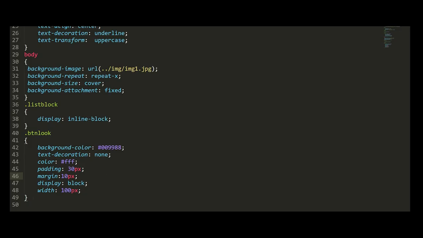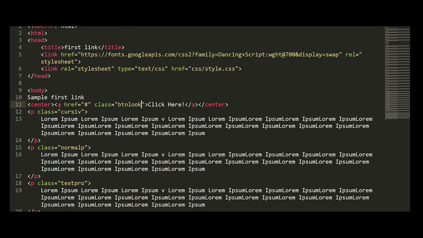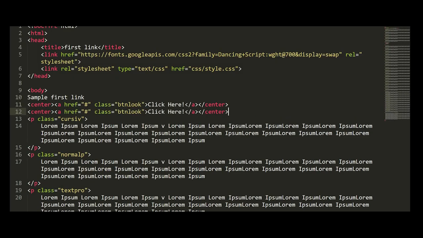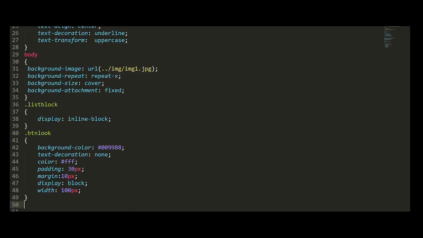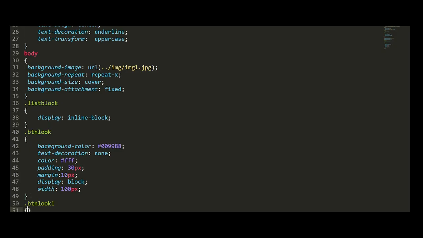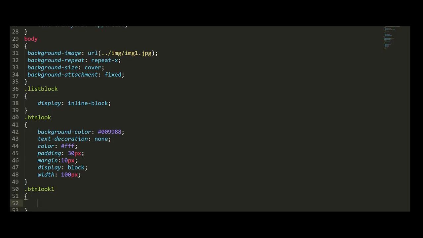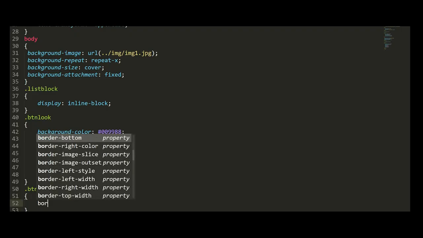So let me go for border. For border properties, let me create another button. Similar to this, just copy and paste it here, and I'm going to give button look 1, and here dot btn look 1. Inside this I'm going to give border.